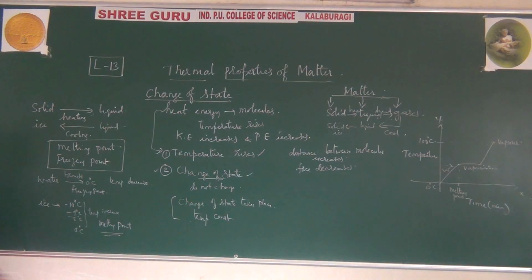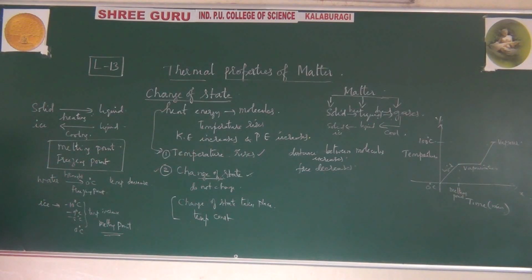You already have the solid substance. Now it comes to 0 degrees centigrade and has become liquid. At that time, this is what you can call the melting point. Here you are raising the temperature; there you are decreasing the temperature. So you have understood the melting point and the boiling point, and also the freezing point.